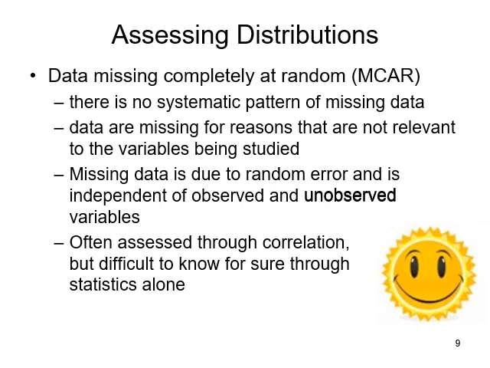Missing data is completely due to random and is independent of observed, and this is the important part, unobserved variables. Though assessed through correlation, it can be difficult to know for sure through statistics alone. So what this basically means is that if you're missing data, what you're hoping is that you're missing data kind